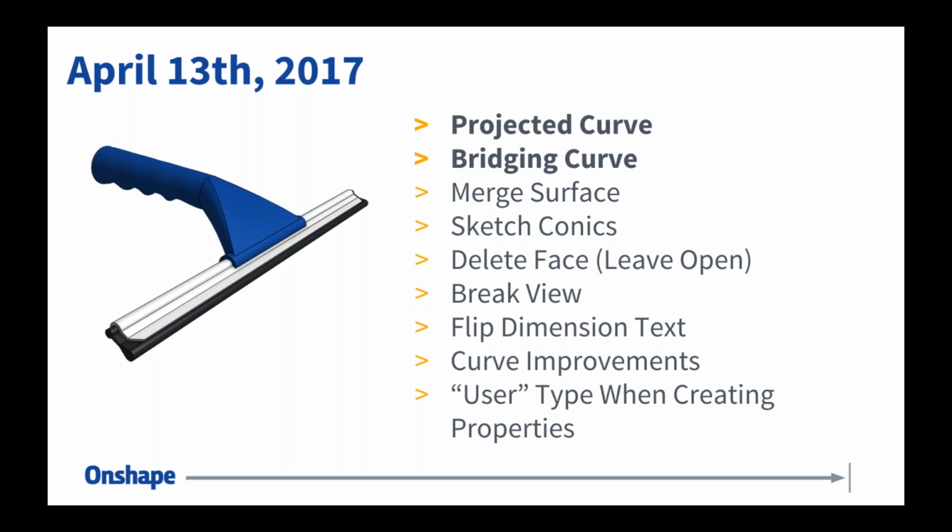The last thing I want to mention here, and this is more for those companies out there that are administering custom properties, is you'll have a new user type when creating properties. This is particularly useful if you have a property that needs to be assigned to a person or is tied to a person's name. A good example would be an approved by property,